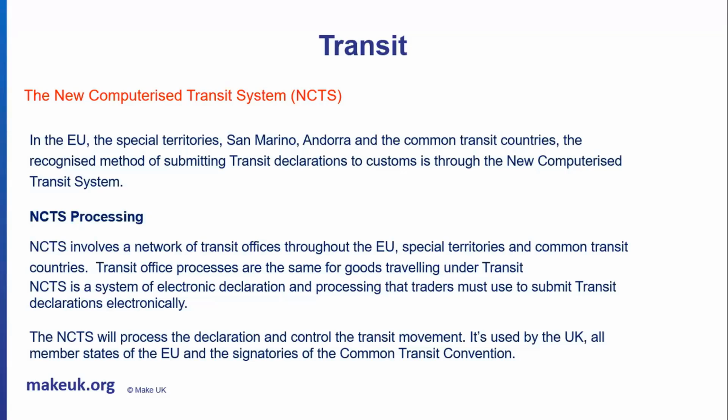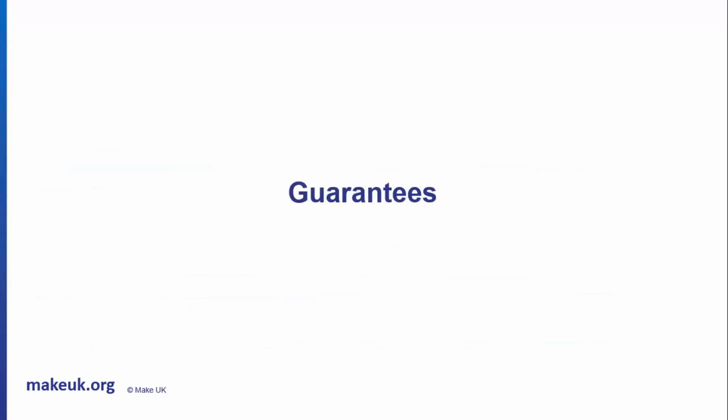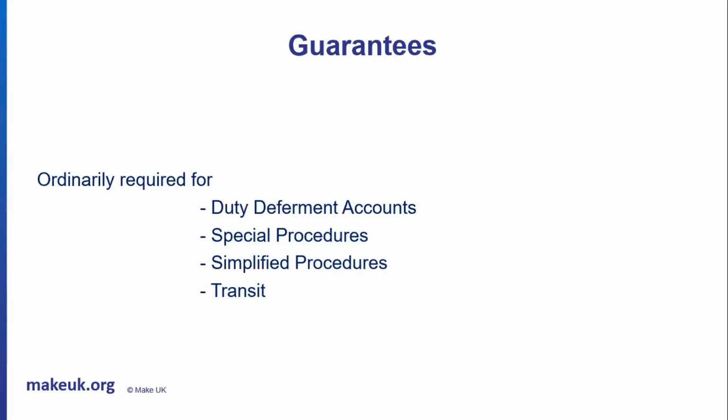There's a document which follows the movement of those goods, so the system can be checked by any of the signatories to the Common Transit Convention, just to check that this movement is satisfactorily being managed under transit. Now, I've talked about guarantees briefly, and you will need a guarantee at the moment for transit unless you can apply for a waiver. I've had to drastically reduce the slides that I would put up for guarantees